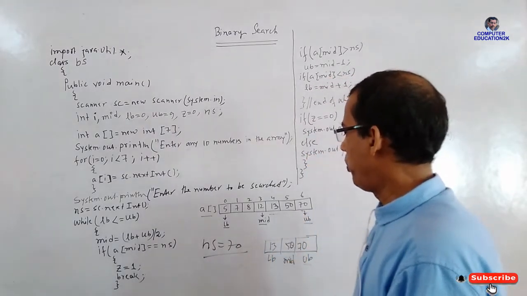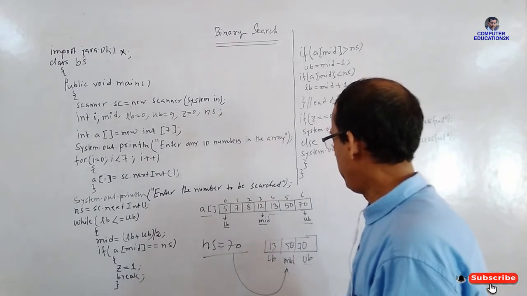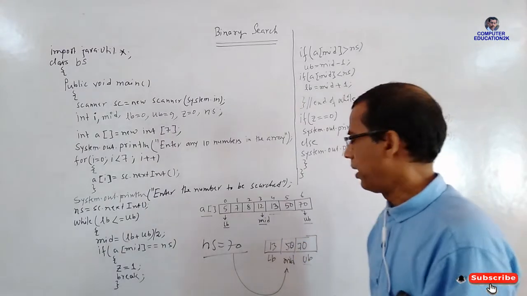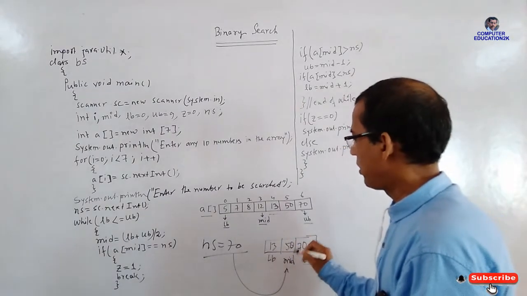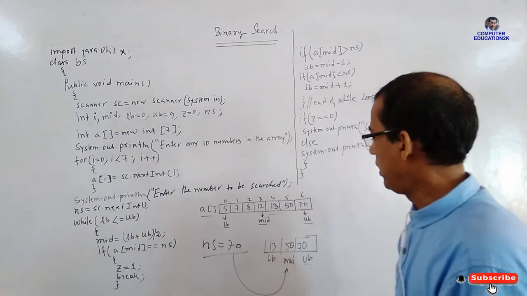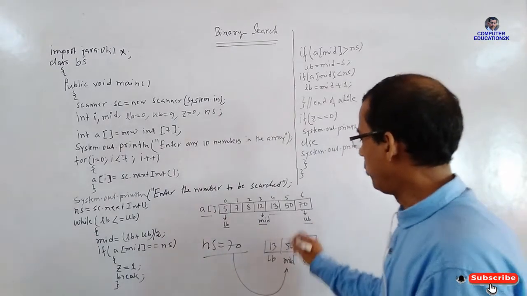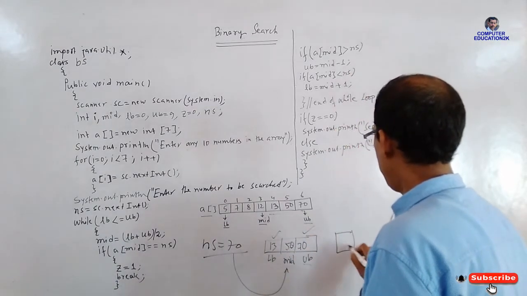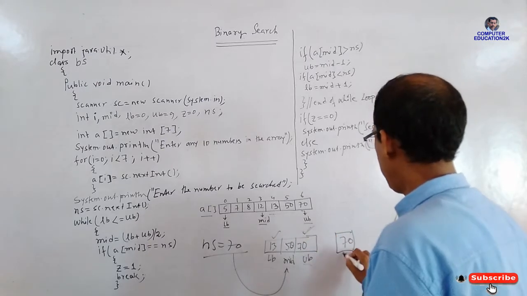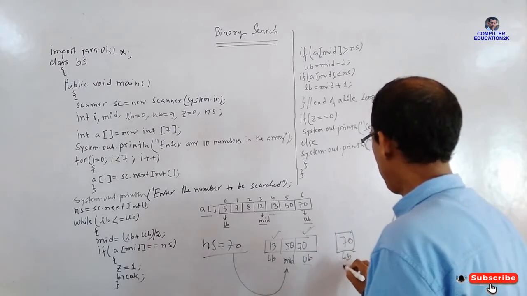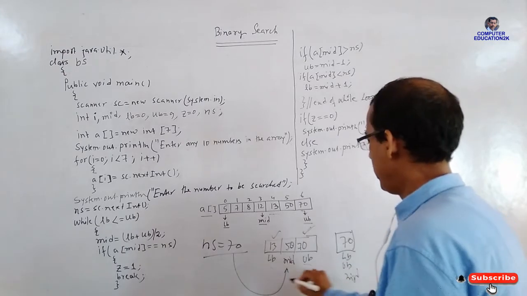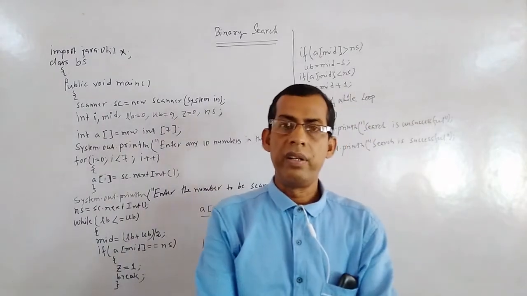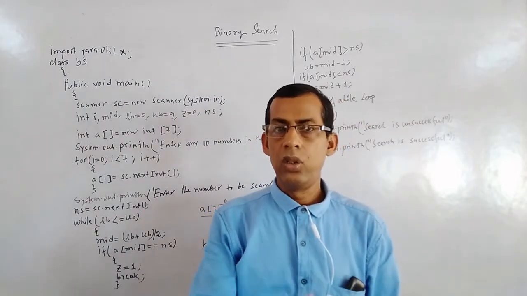Again the computer will go and find in the middle, but the search is not successful till now because in the middle you have 50. Now the search value is bigger than the mid value. Obviously you will get the number in the right hand side. Now again it will be divided in two parts, one part is this, one part is this. Obviously you will take this part. Now this is only lower bound, this is only upper bound, this is only mid. Now you will get it here. So this way in binary search, it will keep dividing the array in two parts.